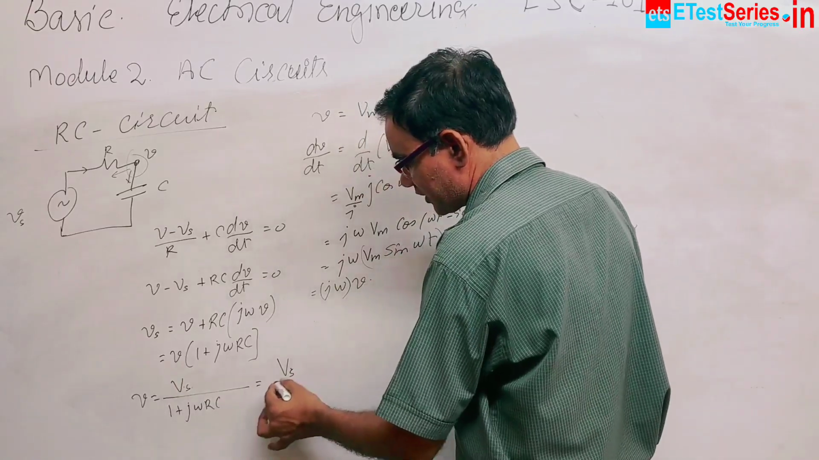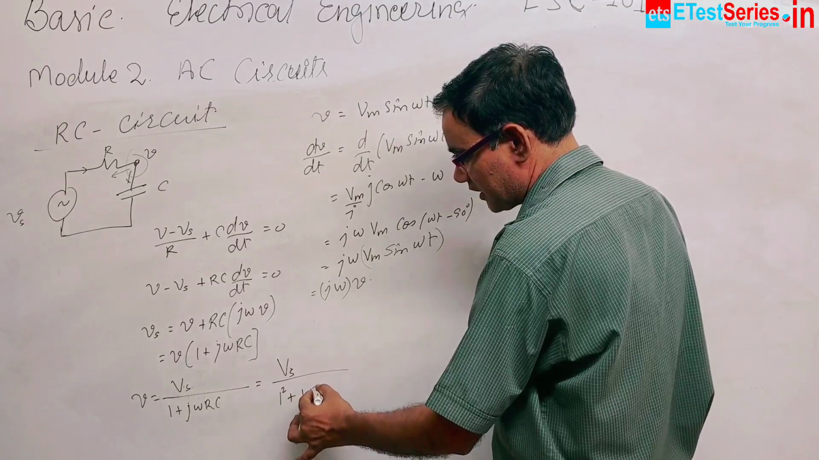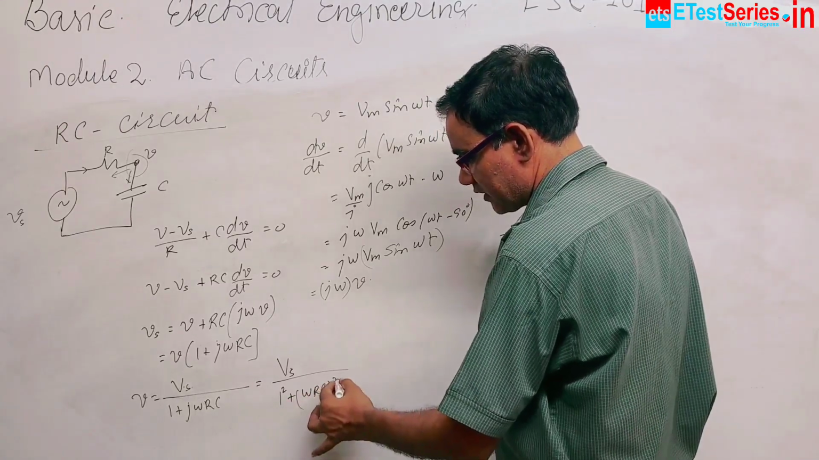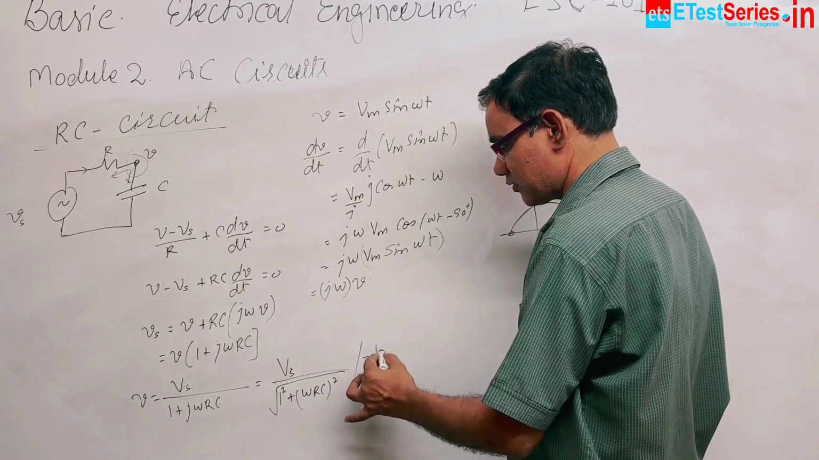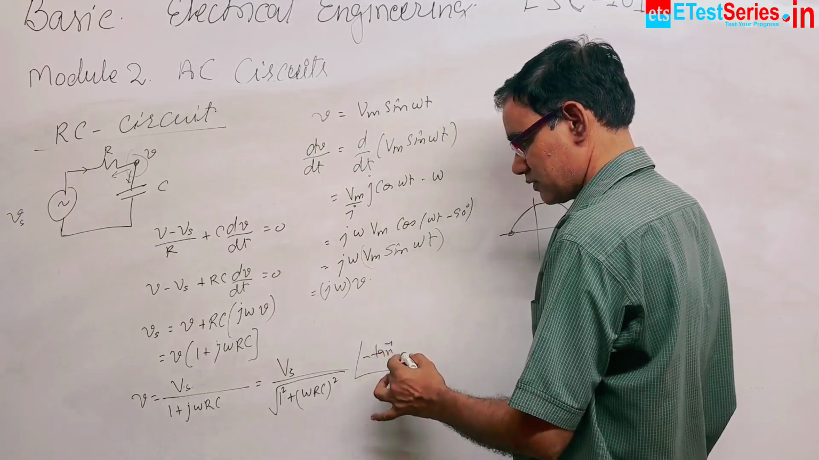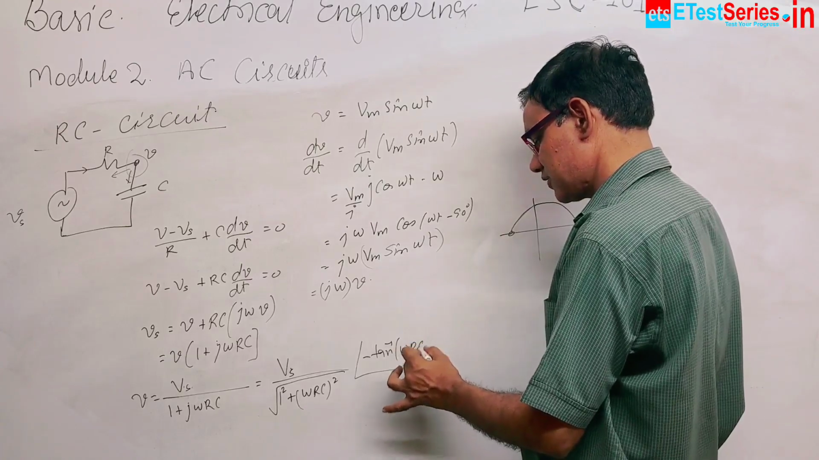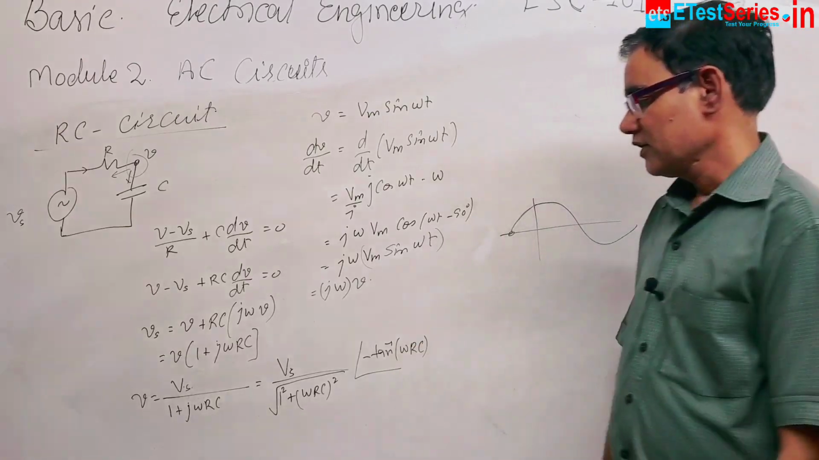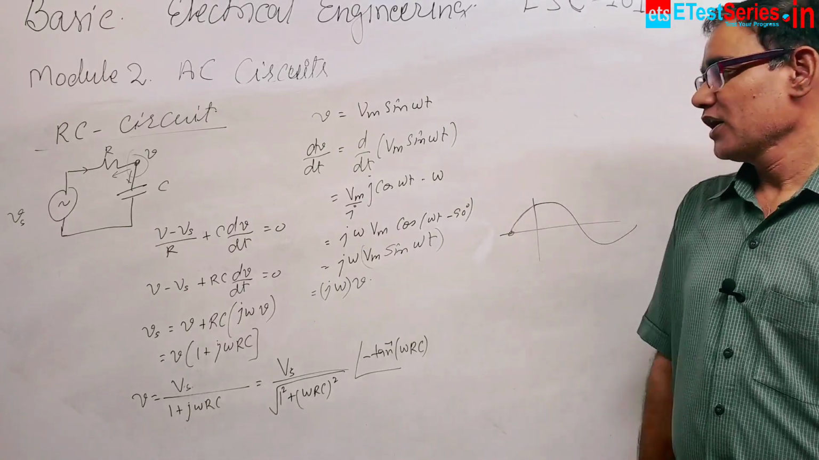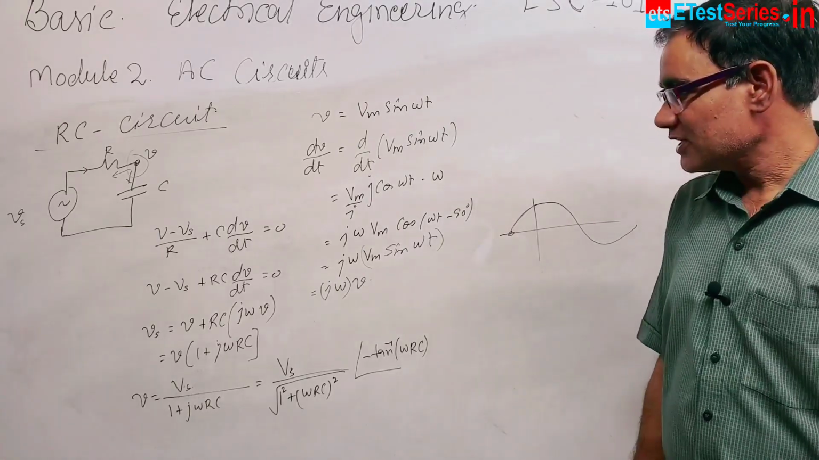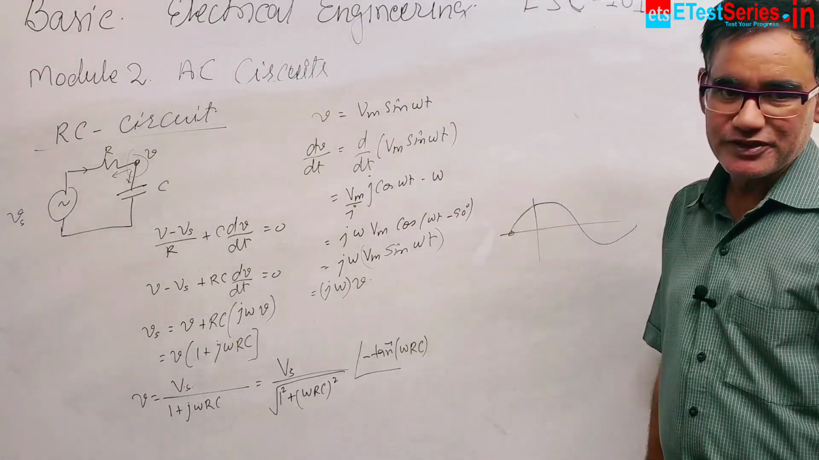Vs, सोर्स वोल्टेज, divided by square root of 1 plus (ω RC) whole square — ये इसका मैग्नीट्यूड हो गया, और एंगल हो गया minus tan inverse ω RC. ये वोल्टेज में डिफरेंस पैदा हो गया। यदि अपन करंट निकालना चाहें,